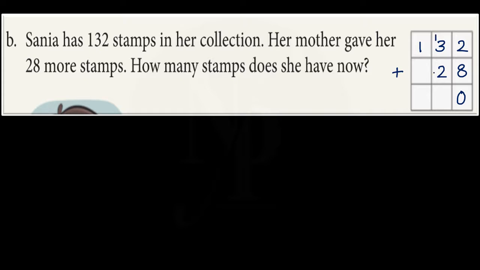Let us add the digits here now. So 1 plus 3 is 4. 4 plus 2 is 6. So we write 6 in tens place. In the hundreds place, we have 1 in the first number. There is no digit in the hundreds place in the second number, which is treated as 0, and we add 1 plus 0 to get 1 as sum. So we write 1 here. 160 is the sum of 132 and 28.